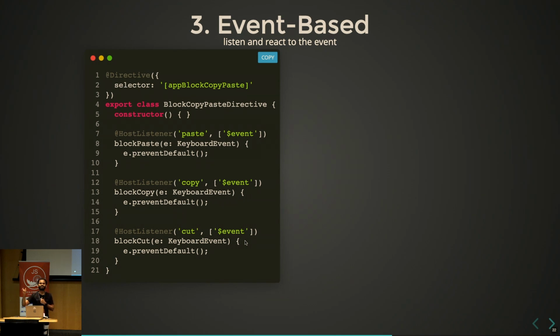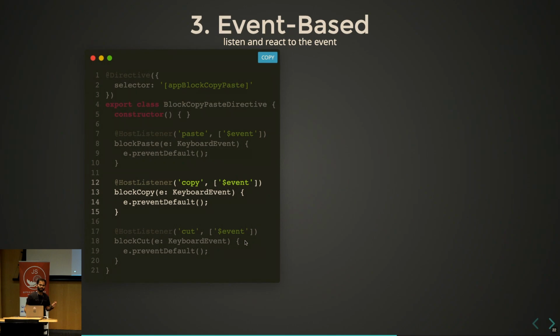So Angular has this way to use. Most of the time Angular relies on decorators. So when I say HostListener, how to remember this? HostListener. HostListener meaning the host, which is where the directive has been added as an attribute, and it will listen to a specific event, and then the parenthesis will accept which kind of event it is. So in this case, the HostListener event is paste. On the next line, it is copy or cut, and the second parameter is an array of something, which is $event